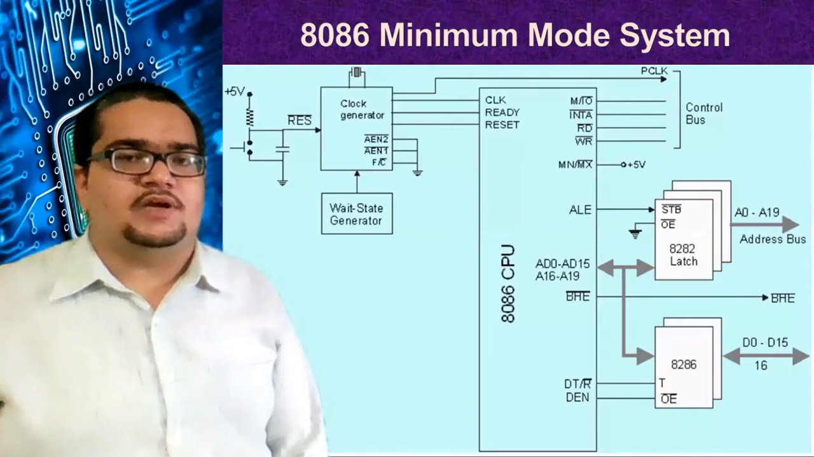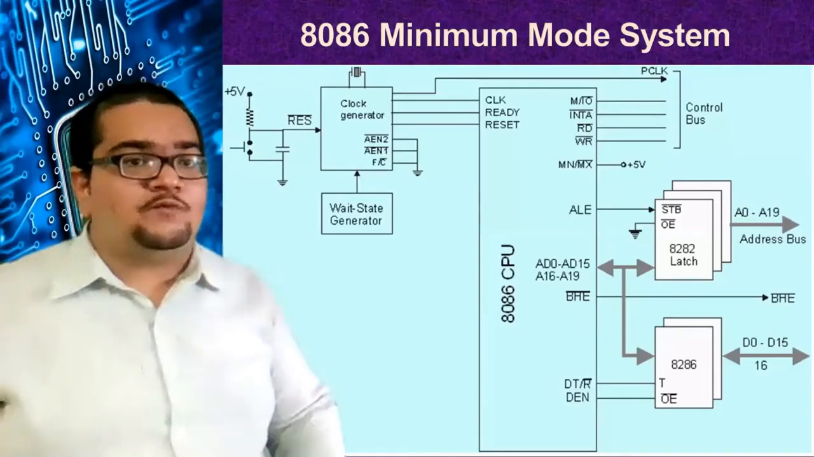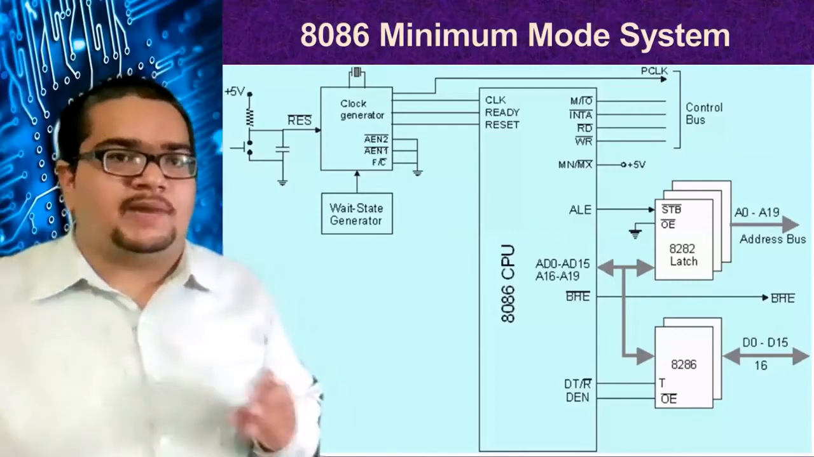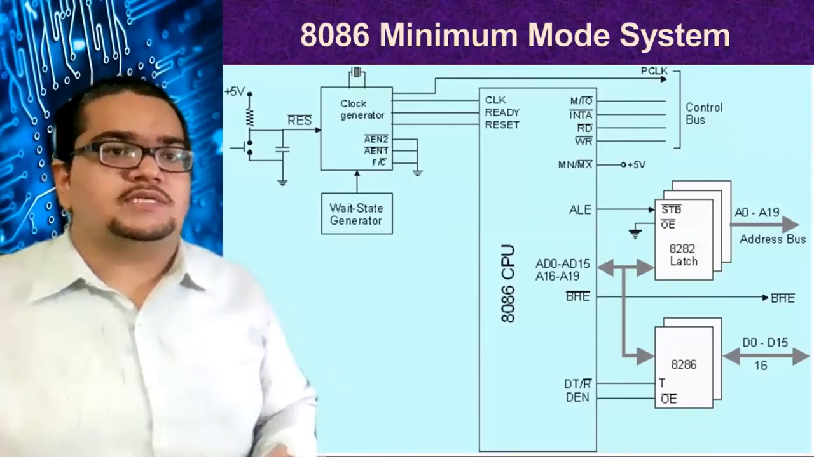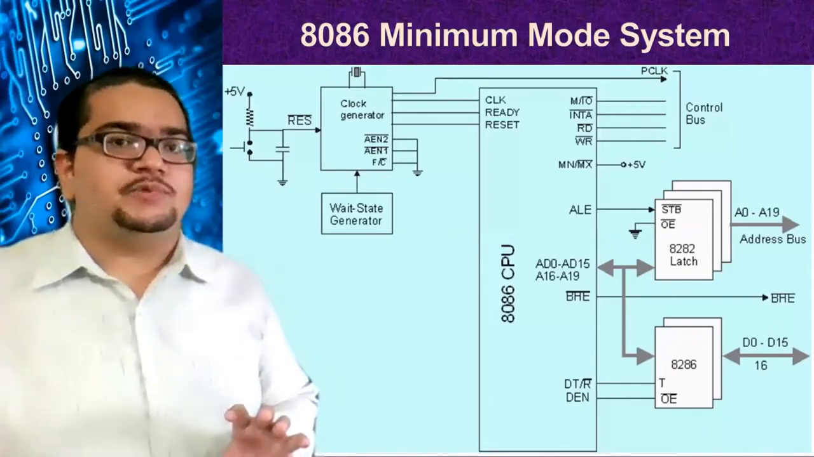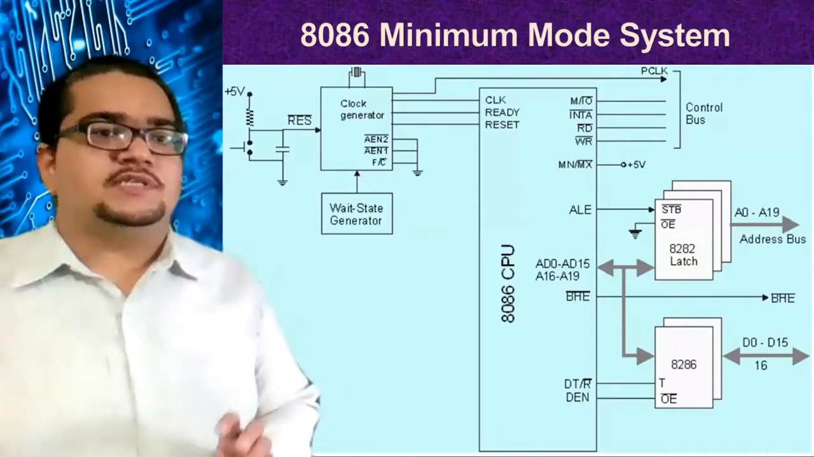So the clock generator is giving the clock input, ready input, and reset input to it. The ready input has to come from the slower devices, right? We have discussed earlier that the ready input is meant for providing synchronization into the 8086 system, and here the slower devices use this particular pin to make the processor wait for a certain time